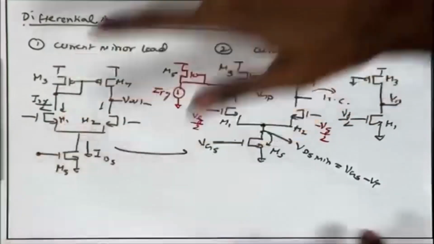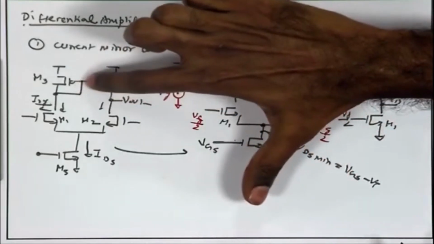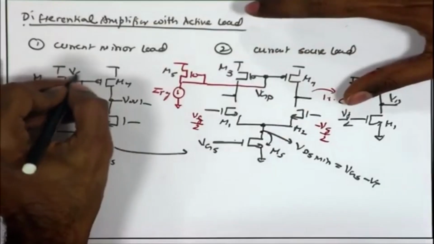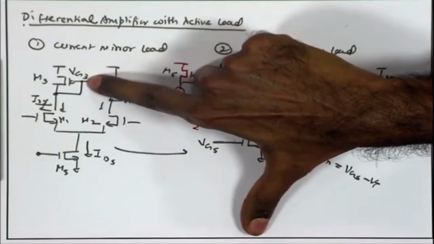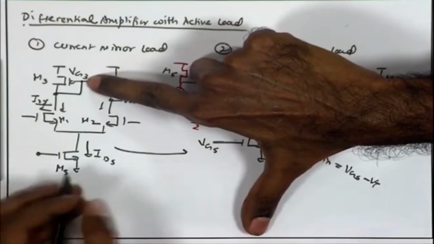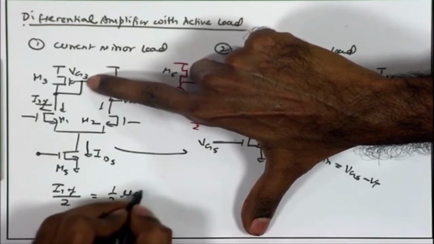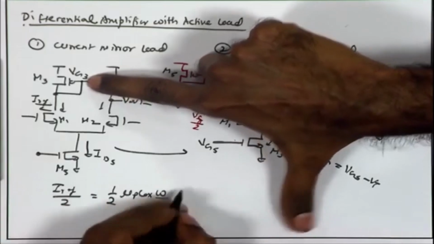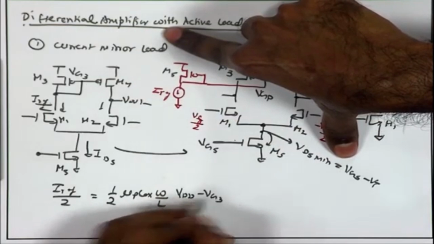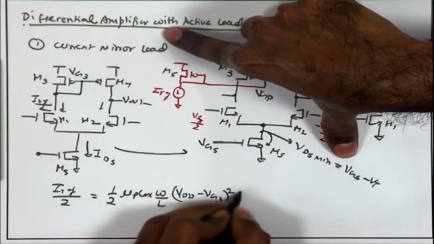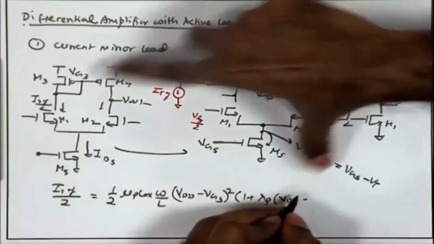and this is something similar to our reference branch of the current mirror. So, this can produce a reference gate voltage VG3 using the quadratic dependency. So, this VG3 is not strongly dependent upon lambda, it is having quadratic dependency. I can solve IREF by 2 is equal to 1 upon 2 mu p Cox W by L VSG, which is VDD minus VG3, square 1 plus lambda p VSD, which is once again VDD minus VG3,